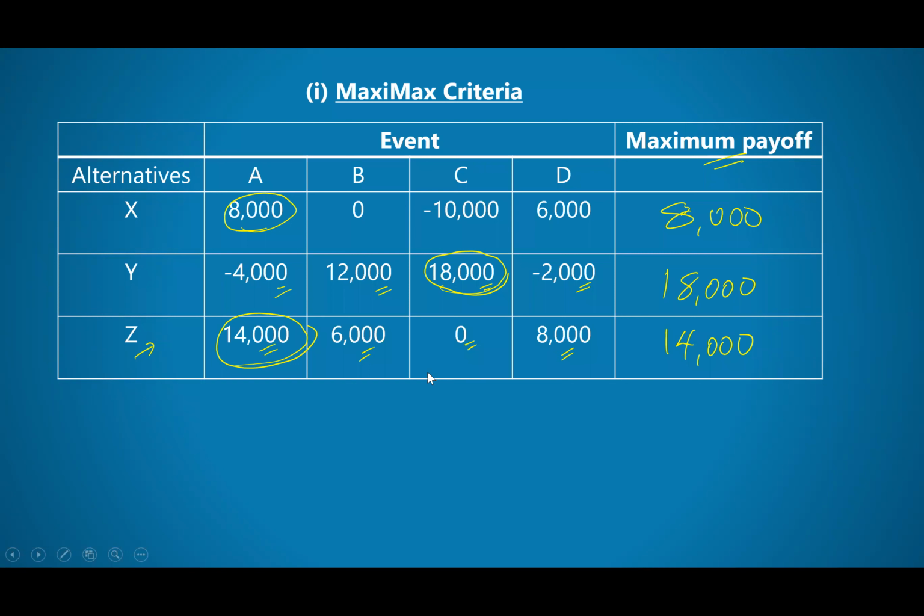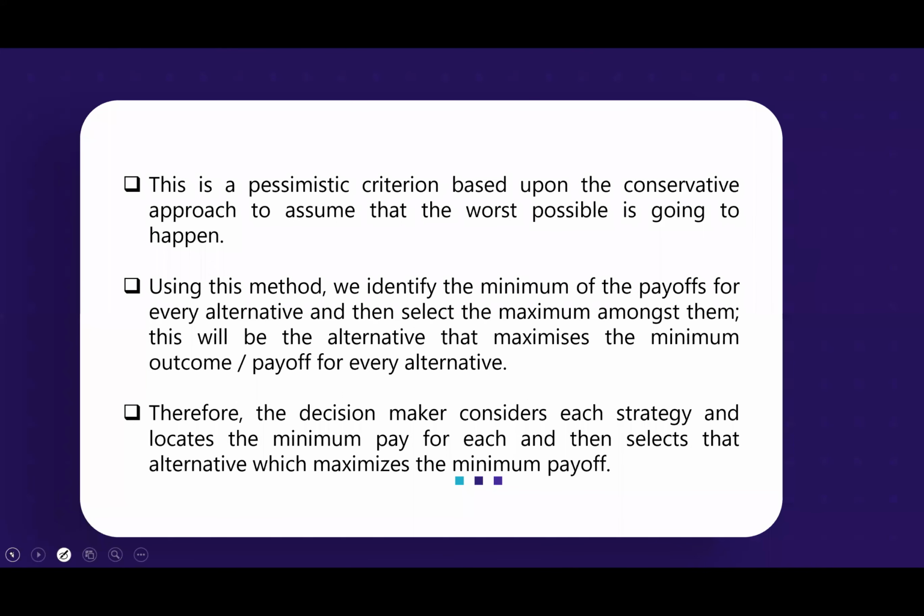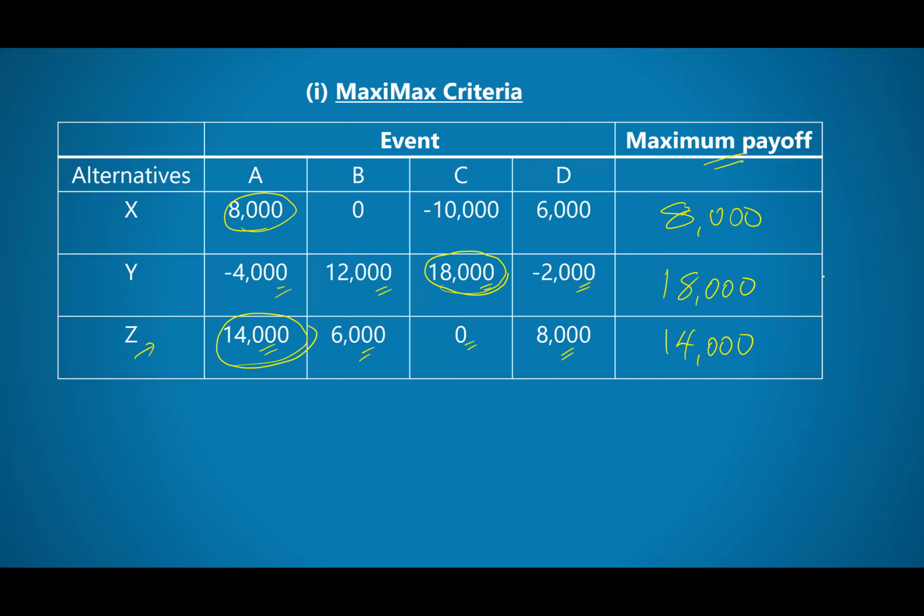Okay, in the chart, Y would be the best. Yes, because it corresponds with the highest. Y would be the best. So that's the highest that we have. And here in the exam, you just come just below here. You give your conclusion, that alternative Y is the best